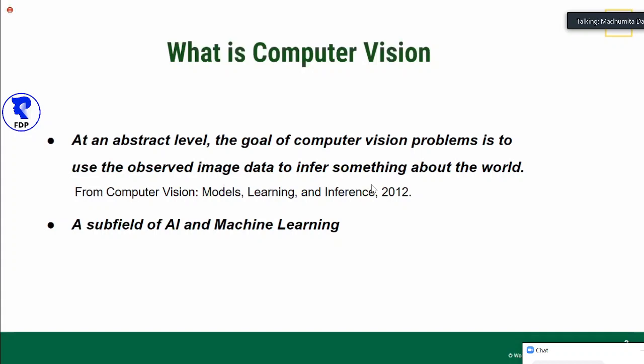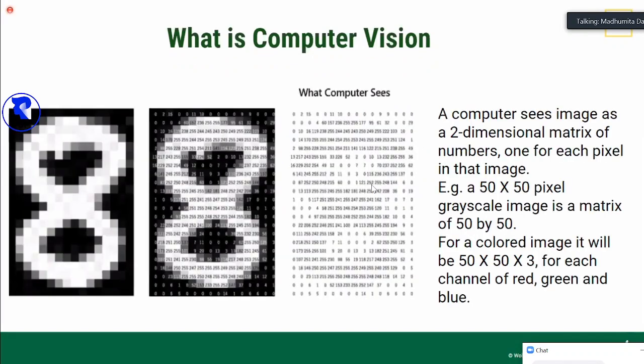I will be talking more about it, but first, here is a very classic image problem that people solve when they get started with computer vision. You are given a handwritten digit from 0 to 9, and the computer has to classify it. In this case it is 8. When you see the image, you see an 8, but what the computer sees is a matrix of pixels.